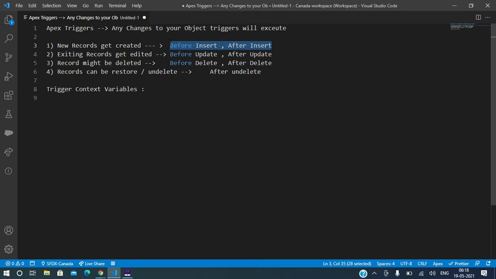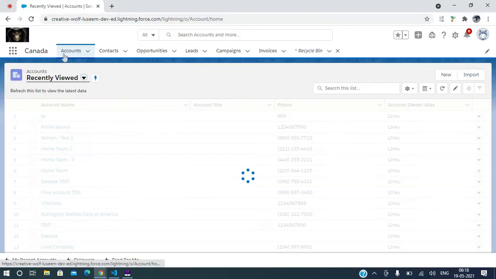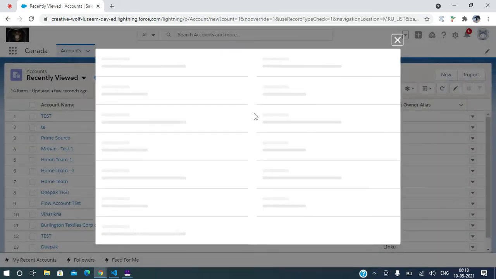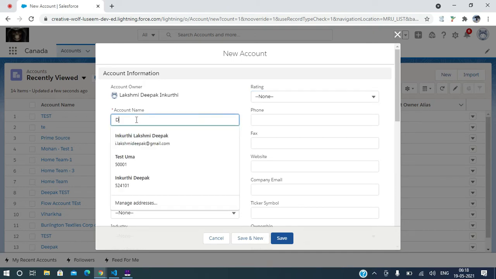Let's imagine that I'm creating a new record. The user puts in the necessary information and just clicks save, isn't it? On click of save, the system will treat the before event one time and the after event one time.